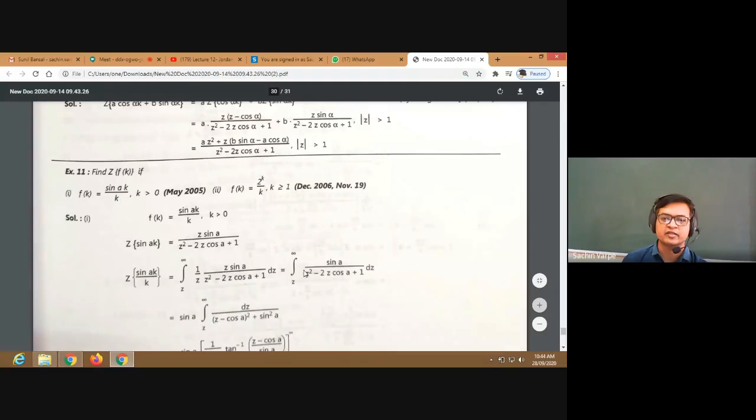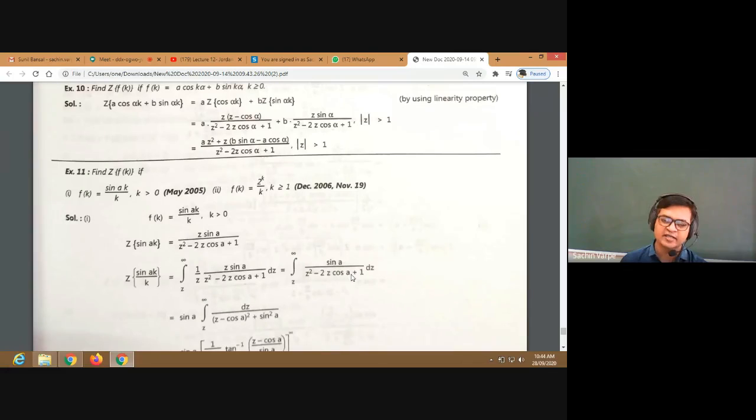We have written z square minus 2z cos a plus 1 into its factored form by adding and subtracting what? By adding, Sir, and one is written as cos square theta plus sine square theta. Exactly. Or I can say adding and subtracting also. Because we know we need cos square here. So by adding and subtracting, and then 1 minus cos square will be sine square, like that also we can do.